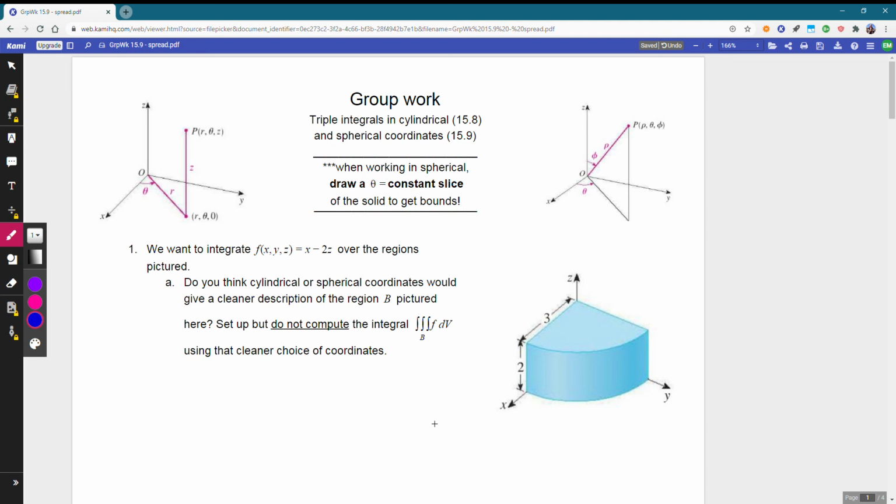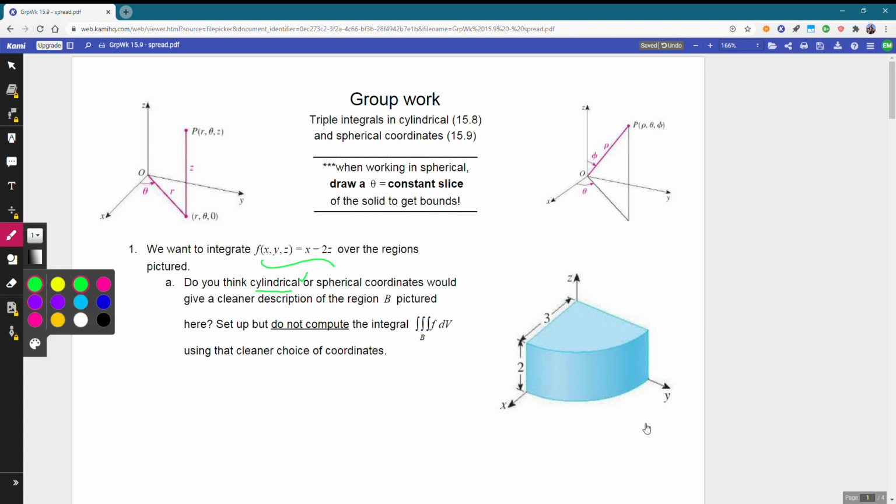Welcome back, everyone. Here we're playing around with cylindrical and spherical coordinates, working through our group work. So to start off, we have a particular function that we are integrating over a couple of regions. Looking at our first region here, we're wanting to choose what coordinate system to set this up in. And here, because of the flat top and flat bottom, it looks like cylindrical is definitely the winner in terms of